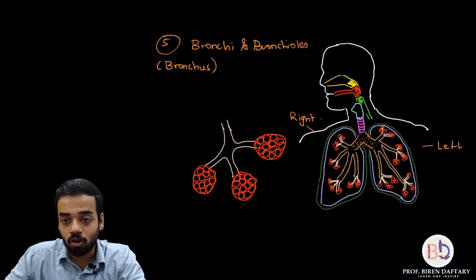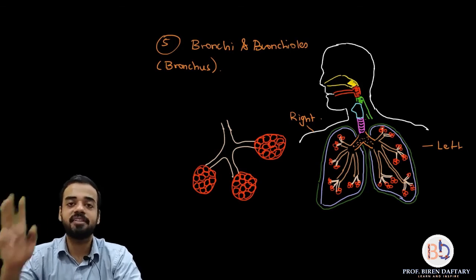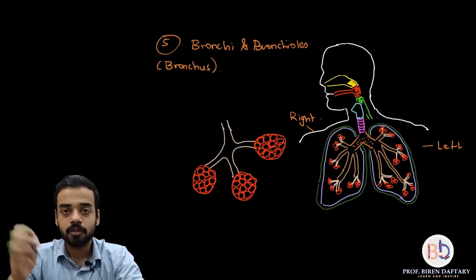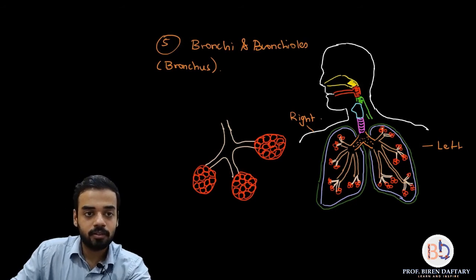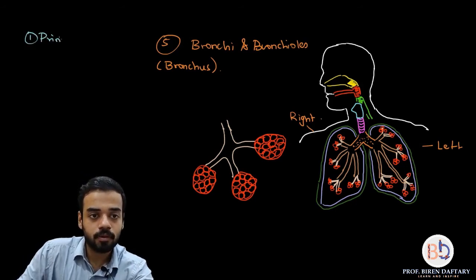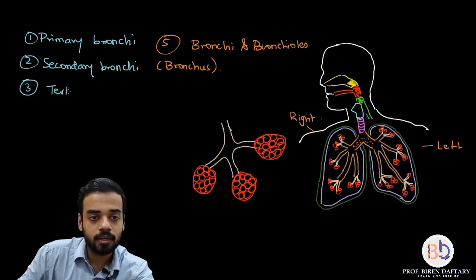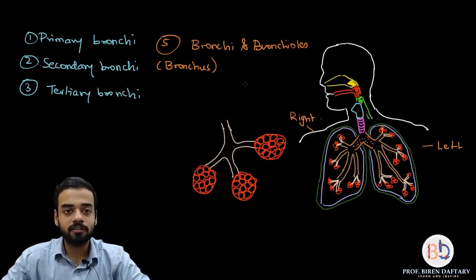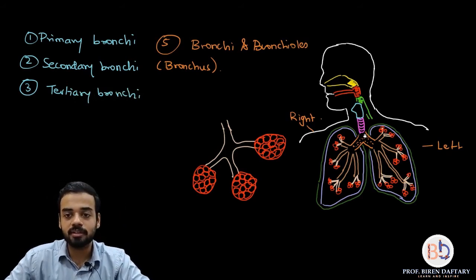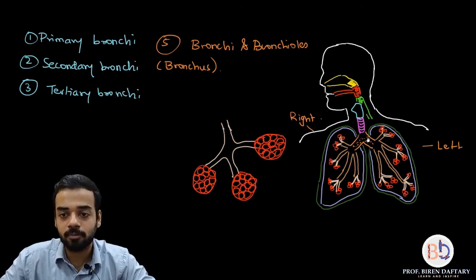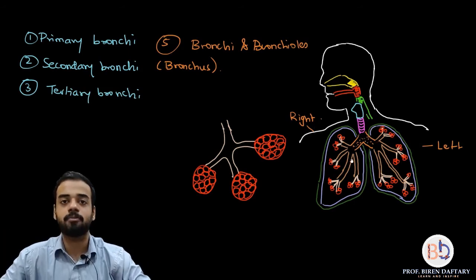Now, this orange part. Bronchi are basically of three types. I'm just going to tell you, there is something called primary bronchi. Let me write down over here. Then there are secondary bronchi. Then there are tertiary bronchi. This is very easy to remember. The primary bronchi are these bronchi. This trachea divides into two parts which are called primary bronchi. This is the left primary bronchus, this is the right primary bronchus.